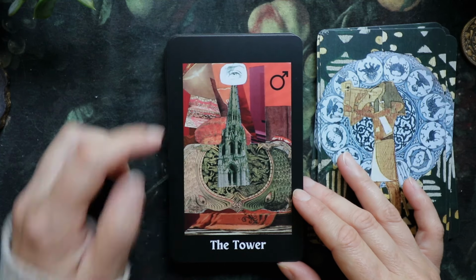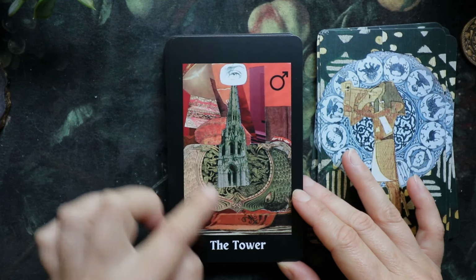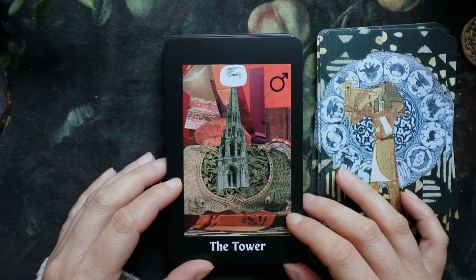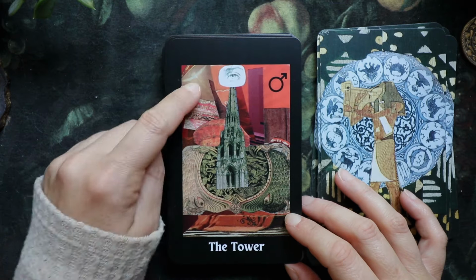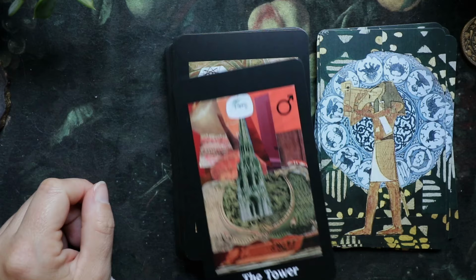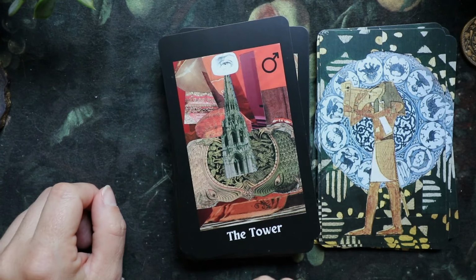Nice for the tower. And then the mouth imagery as well, which is really important in the Thoth deck. That's there. Mars. There's a dove. Ooh! Sorry. Yeah. I like that. It doesn't feel as...